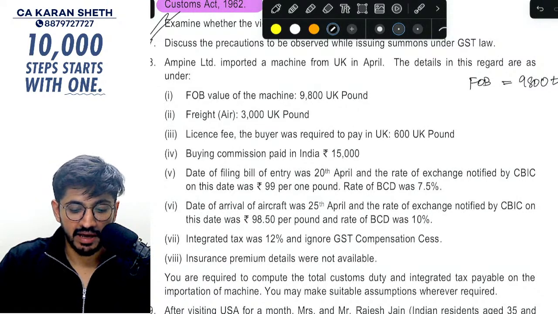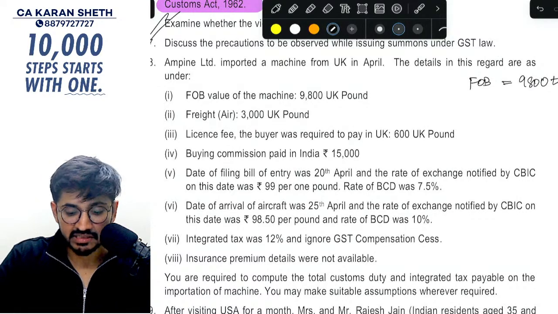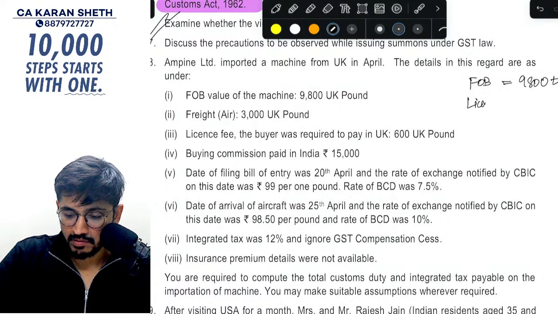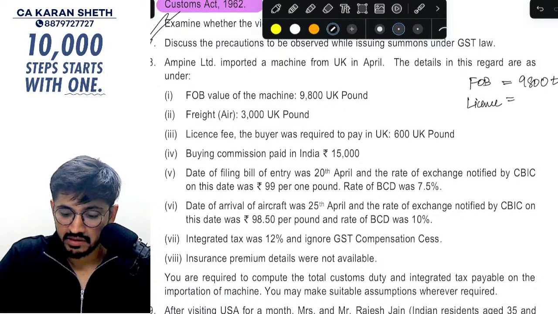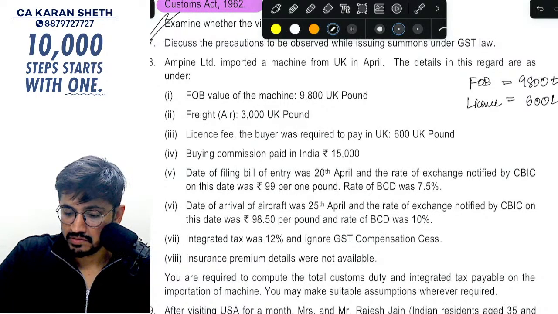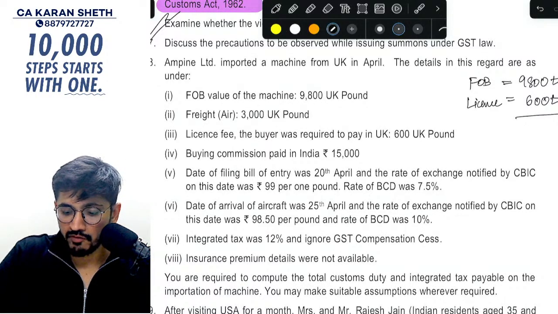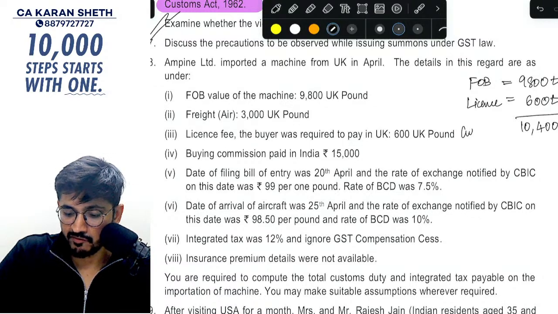Freight by air, you will not take it right now. License fee, yes, you will take that right now. How much is it? 600 pounds. Now the total of that happens to be 10,400 pounds. Now this is customs FOB,